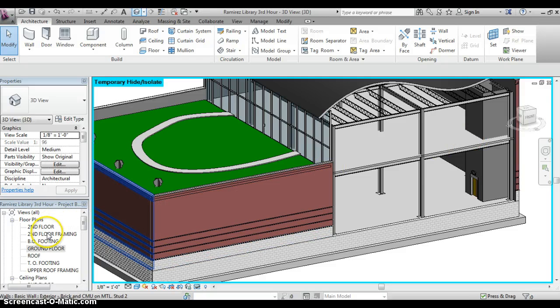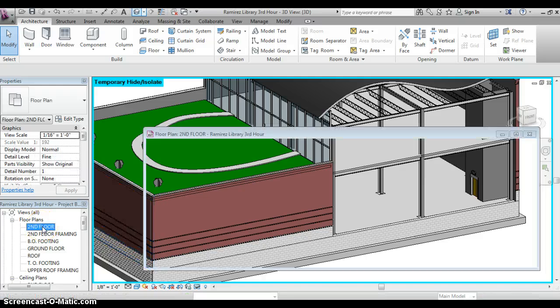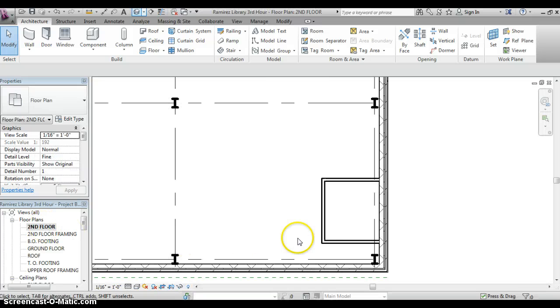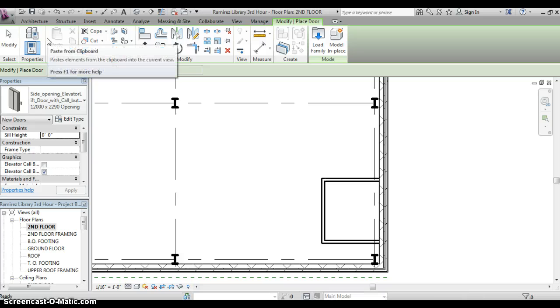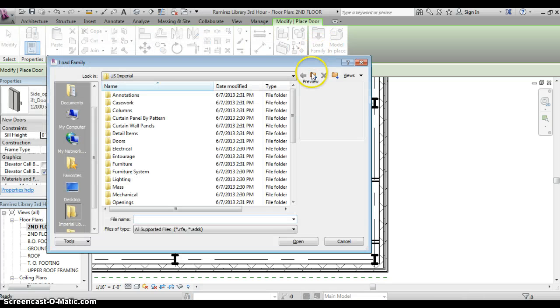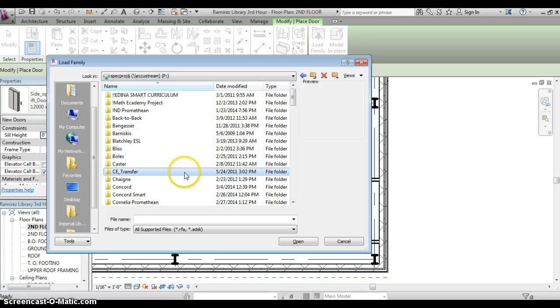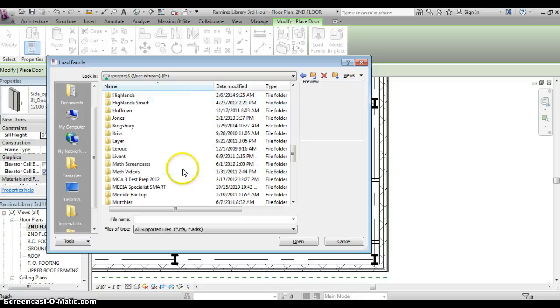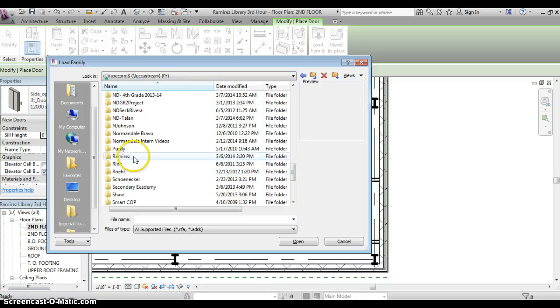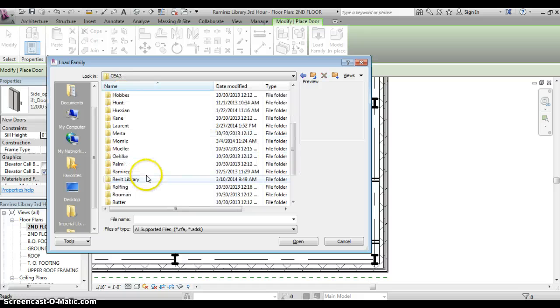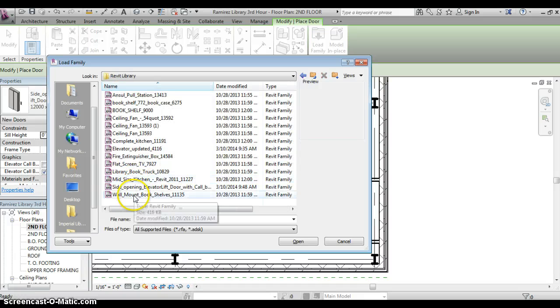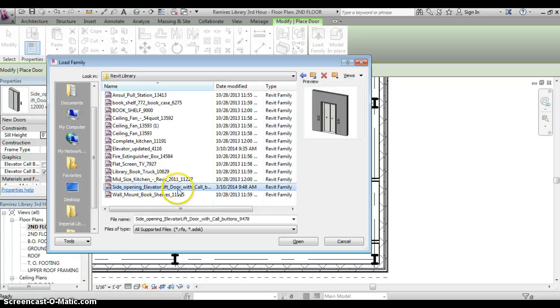So let's add a door to that 2nd floor. So we'll go to the 2nd floor plan, and we need a door right here so we can get into that elevator. This time I'm going to use the door button, and I'm going to load the family. In that P drive folder, that Revit Library folder, I also have an elevator door in there, or you can go to Revit City and find one. So you can see Revit Library, side opening elevator lift door with call button. You can see a picture of it. I'm going to use that one,